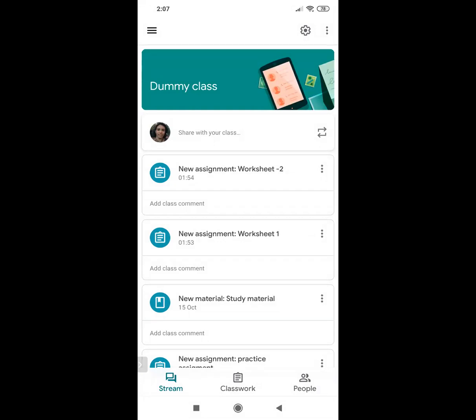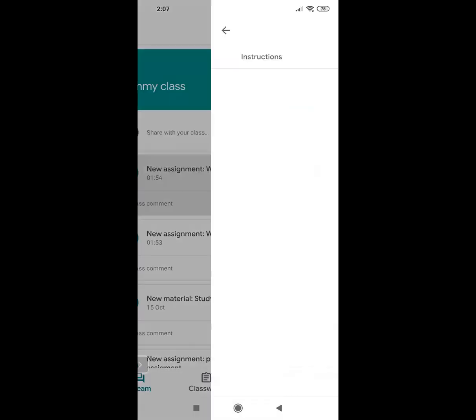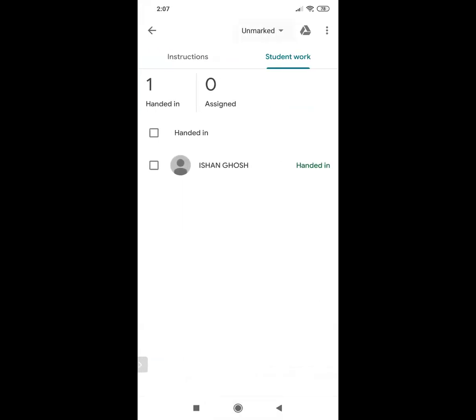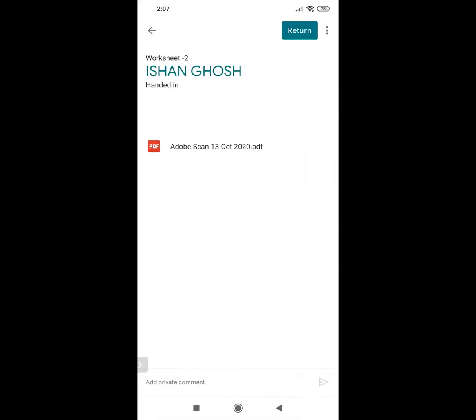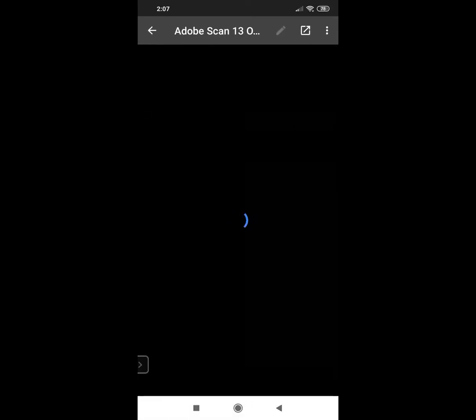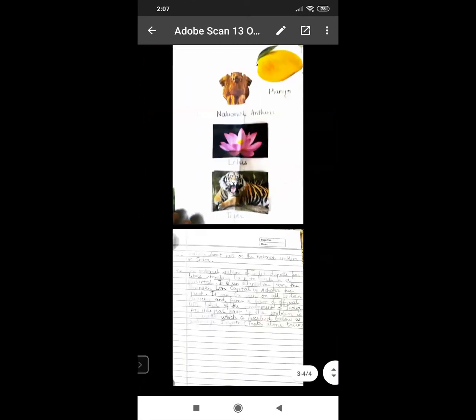Now let me go to the second worksheet in which the child has submitted me a PDF document. So again, I go from this place itself. And here I can see there's this scan document which the child has sent me. Let me open that. This is the scan document I have. When you want to open it using the app which I'm talking about, just click on this box with the arrow mark.